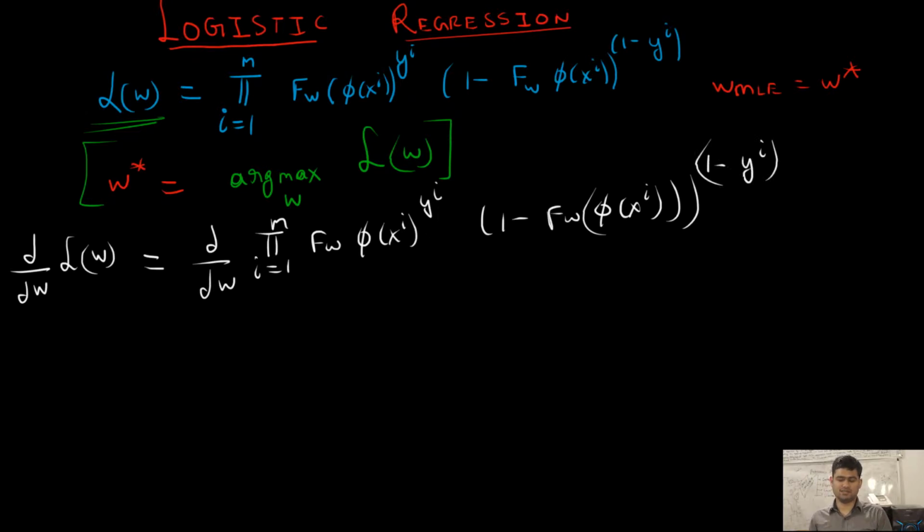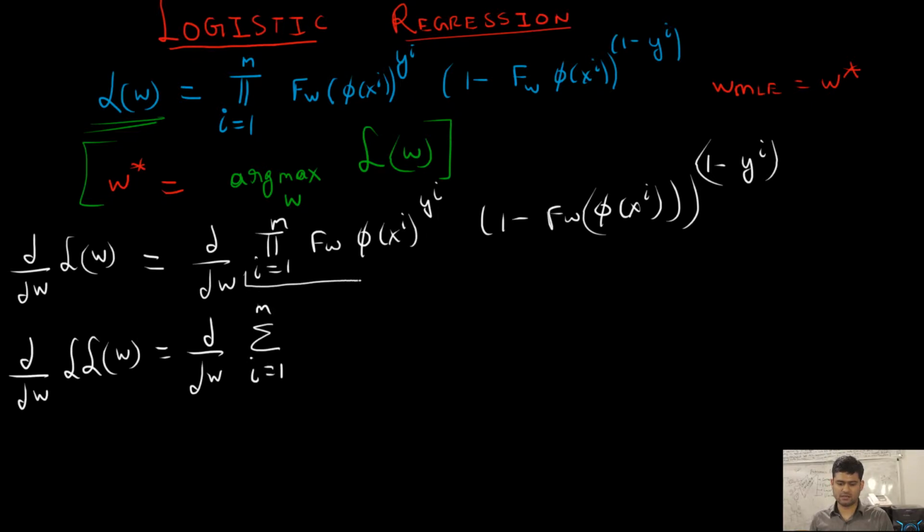As we saw in the last lecture, instead of maximizing this likelihood directly, we can maximize the log of the likelihood. So the derivative of the log likelihood is, so you're taking the log of this thing. So this is equal to